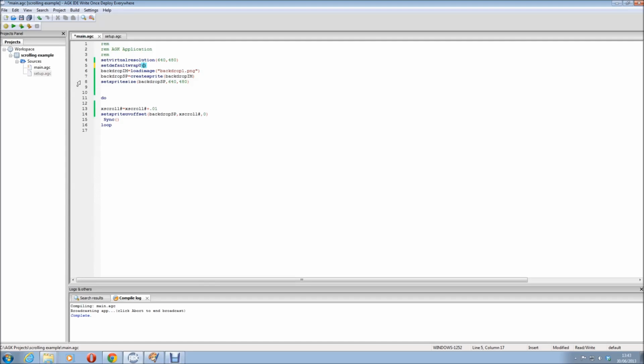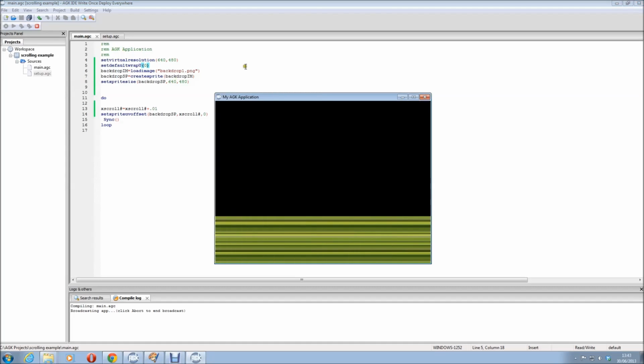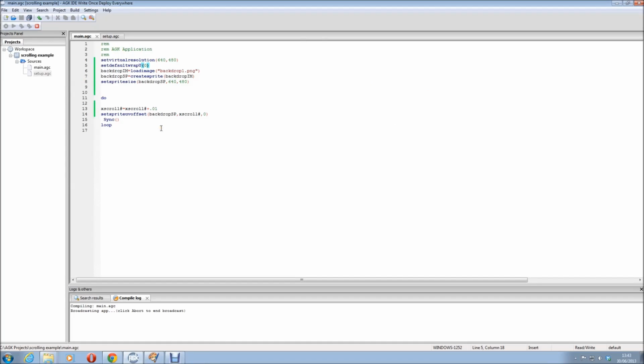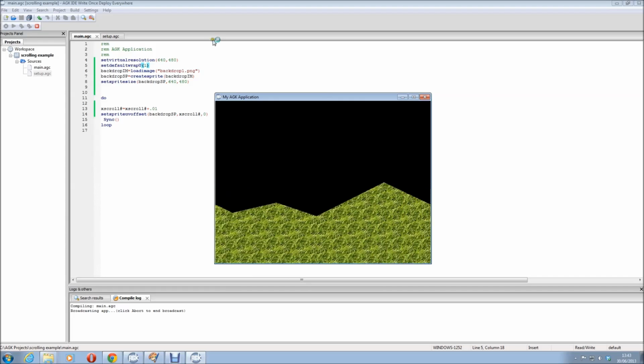And 0 is off and 1 is on. So that will wrap the image. If I use 0, it should look pretty much the same. Let's just double check. Yep, exactly the same. Change it to 1 and it should loop. It's still jerky and horrible, but